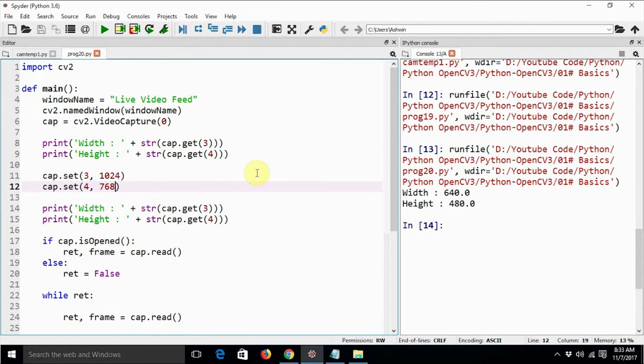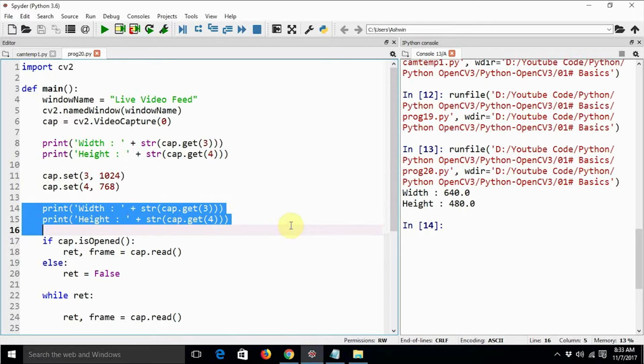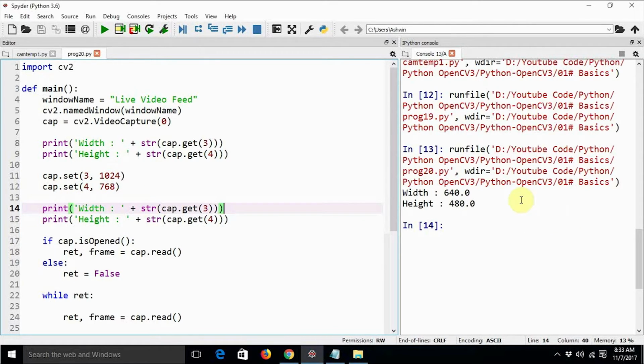Now I'm going to set it, and then we are going to display the current settings. So here we are going to get two sets in the console output, and I think the frame rate is going to be considerably lower because we are fetching more data, and then we are processing it simultaneously, and then displaying it on the screen. So let's keep our fingers crossed and see how it works out.